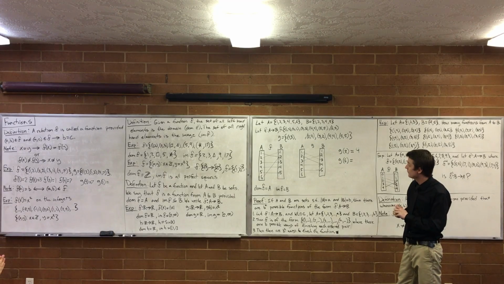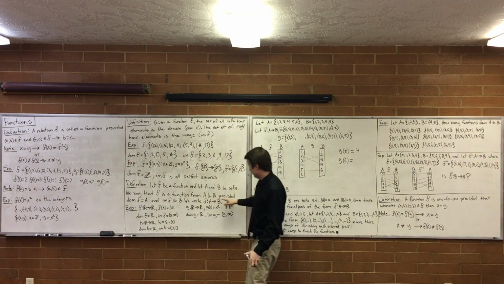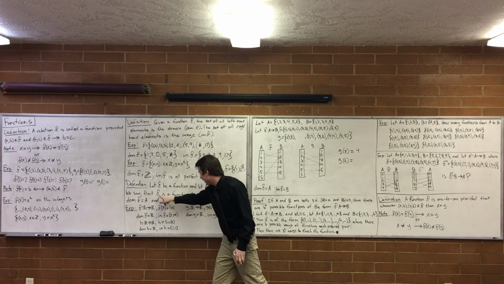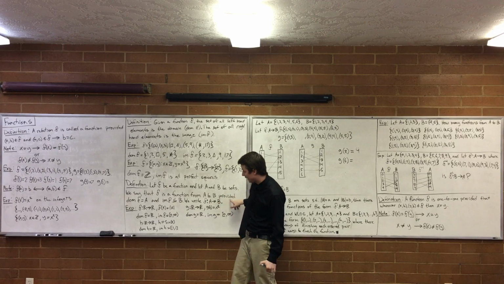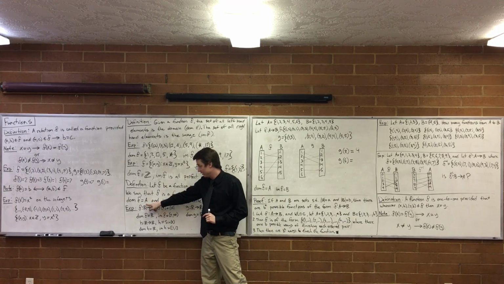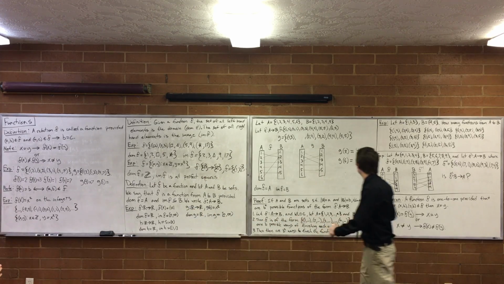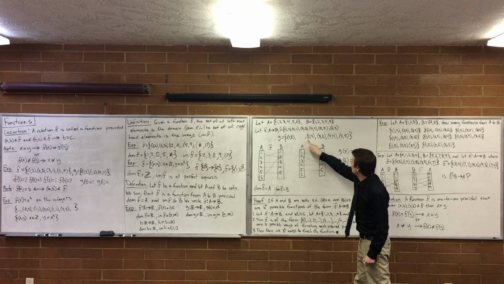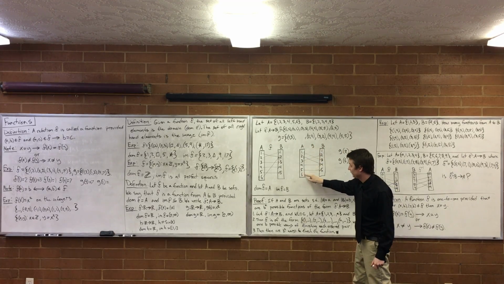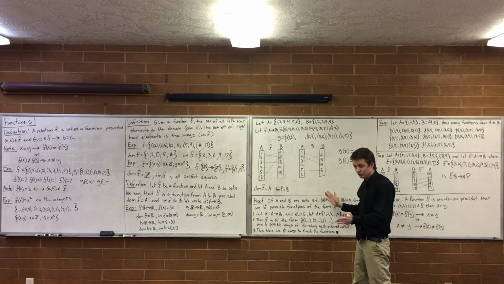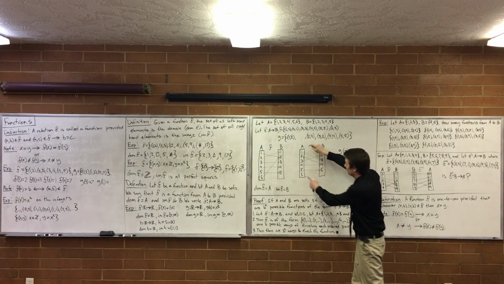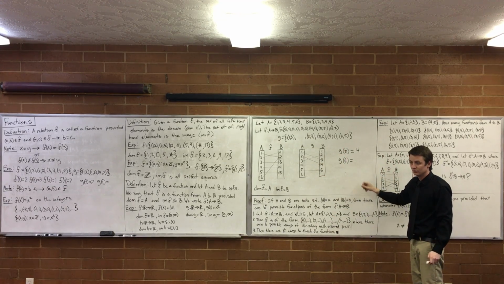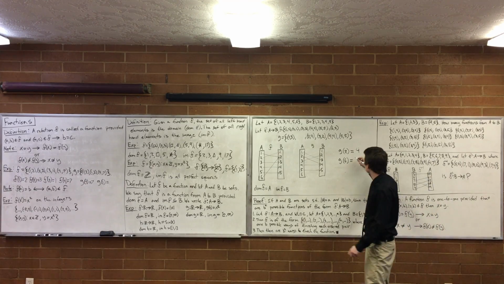Hey, wait. What? Let f be a function and let A and B be sets. We say that f is a function from A to B provided the domain of f equals A and the image of f equals B, right? What is the domain of g? Oh, I see. 1, 2, 3, 4, 5, not 1, 2, 3, 4, 5, 6. So g is a function. It is not a function from A to B because it doesn't map 6 to anything. What's g of 6? Doesn't make sense.